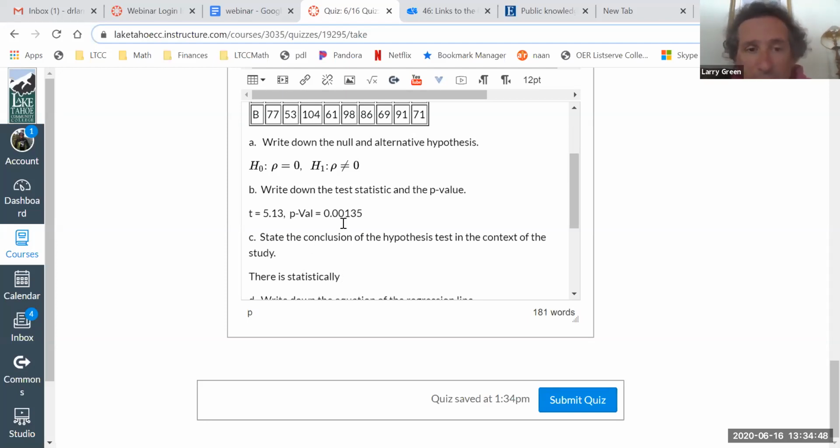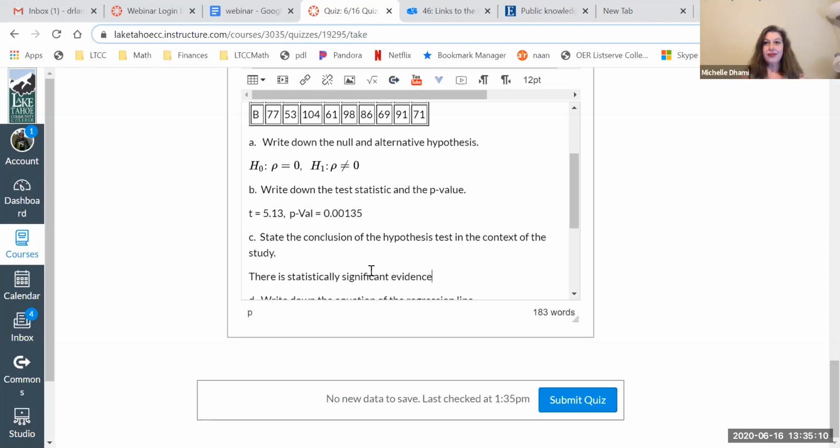And now the p-value is 0.00135. So what's the next word? Significant. Yeah, significant, because the p-value is less than any alpha you'd use. So it's statistically significant. Evidence to conclude